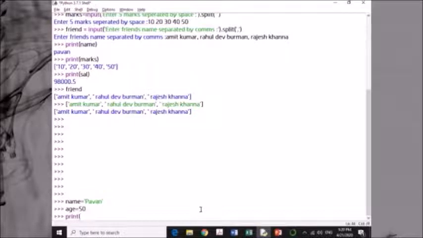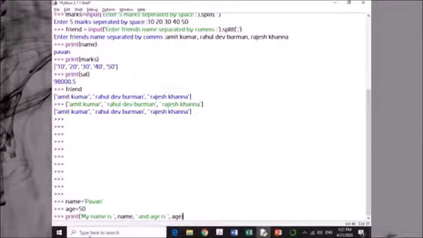So I will use print, my name is, then comma name, then again, and age is, then age. This is what I will do.